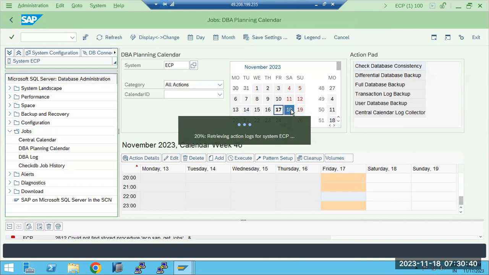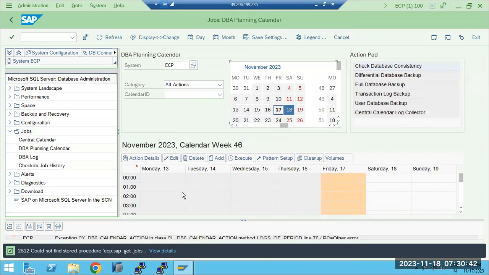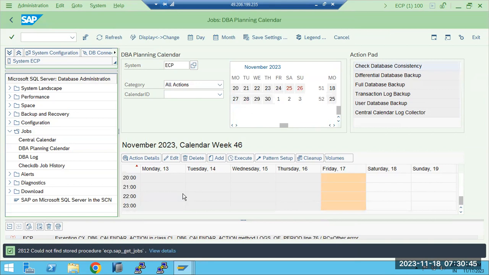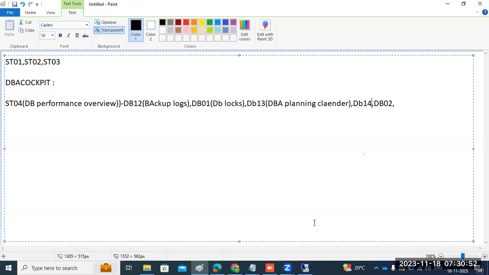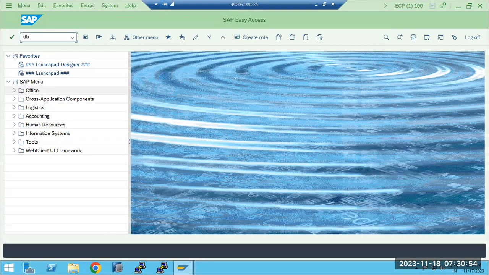It means each day, what tasks are scheduled. It will give the information of what tasks are scheduled each day. So all the information it will give in the DBA planning calendar. Just remember the transaction code here. Okay, next one is called